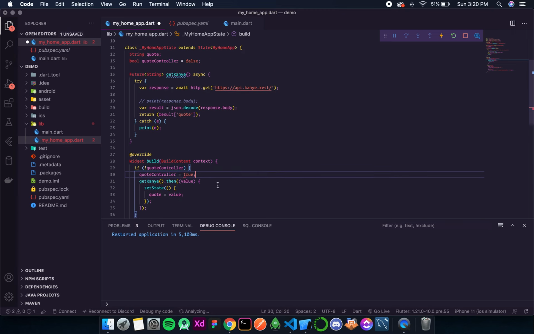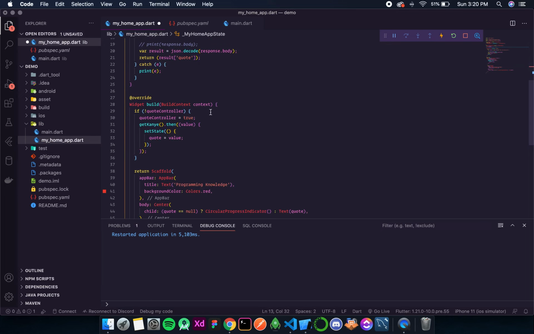So this means that the first time when the value of quote controller is false, this method will run, and as soon as this if condition runs, the quote controller's value is true. So even though set state is called and the build method starts rendering, this if condition will become false and all this code will not get executed.